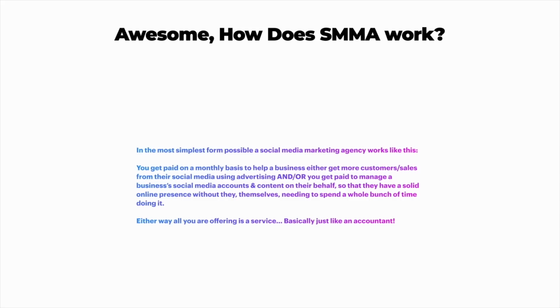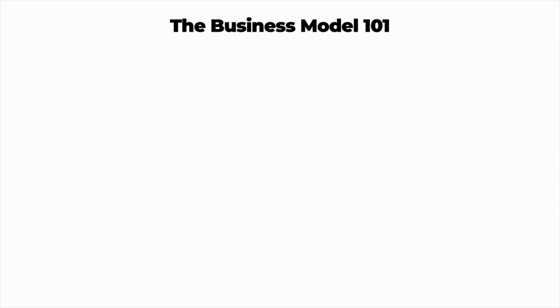And you can either be a convenience offer. A convenience offer basically helps people save time. For example, if I help a business owner with their social media, that's me helping them save time, because yes, they can do it themselves. It's pretty easy to learn. They probably can learn how to post pictures on their social media in just one YouTube video. But having me do it allows them to focus on other areas of their business, such as customer service, or creating new deals and offers. So that's a convenience offer. Or you can be an opportunity offer, which is where you're helping them make more money or save more money. So here's the business model 101.